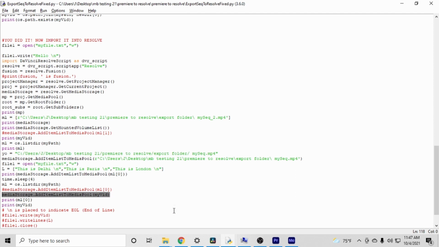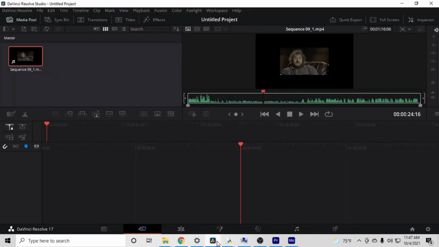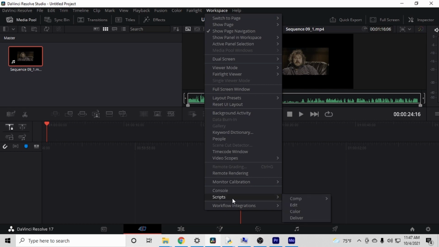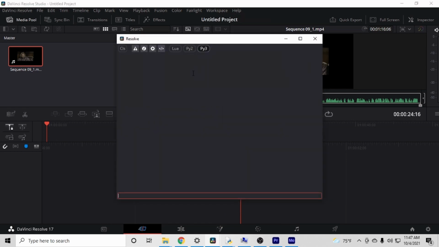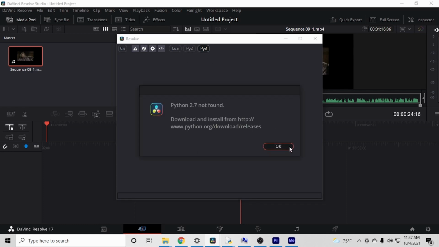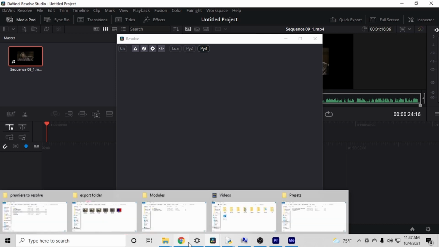So in order to set up your DaVinci Resolve Studio environment, it's very easy. You just need to have Python 3.6 installed. If you have a later version of it, it will not be compatible. I know because I had 3.8 installed and it would not detect the Resolve API no matter what I did. So once you've installed Python 3.6 or earlier, I think you can do 2.7, yeah, you will go to